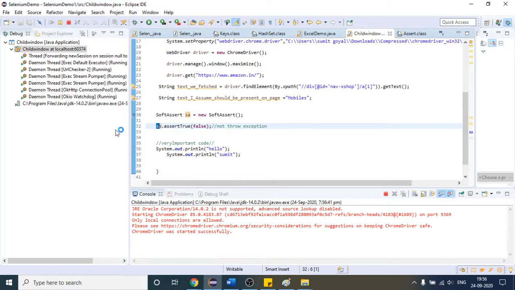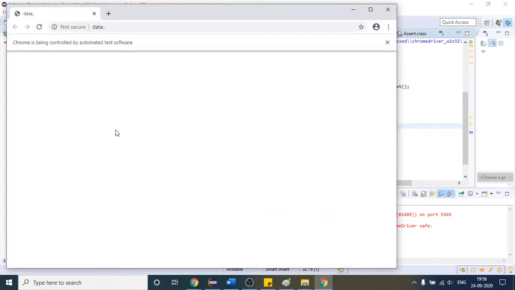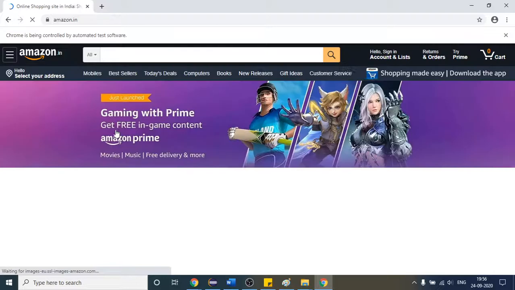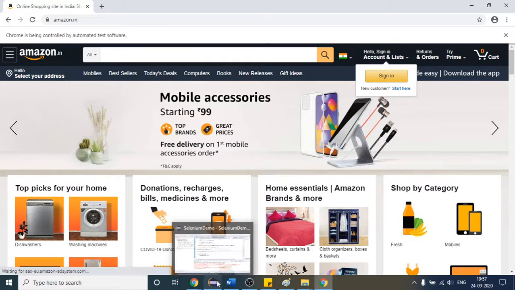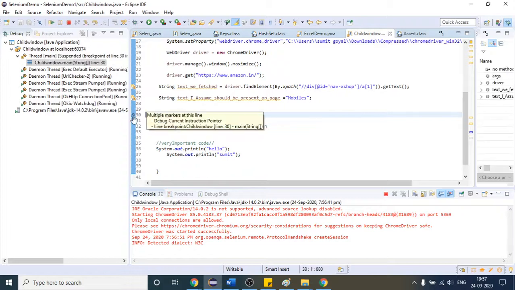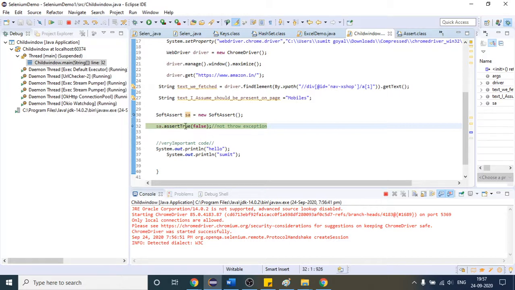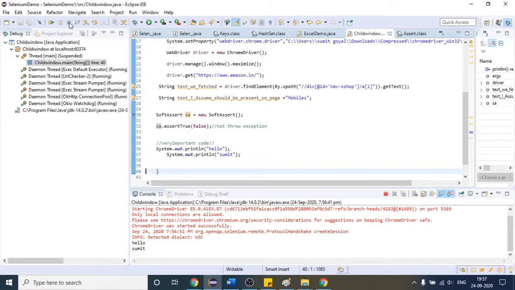Again, our code will stop. Okay, so let me come here. Our code will come here. After that we are just making the object, and then let me come here. This time it is expecting true inside, but we are sending false. So it should fail, but it does not fail at this point. See here, this step is comfortably executed, and we are able to execute our important code here as well. This is the difference with the soft assertion.